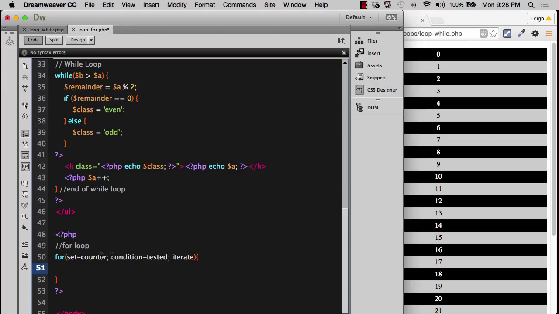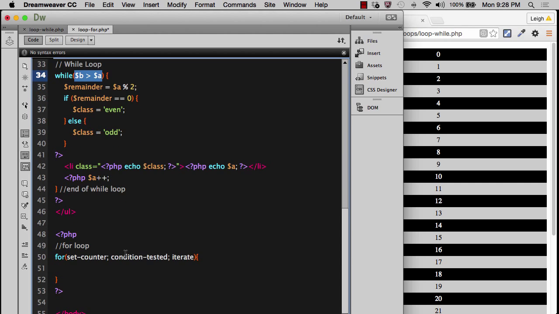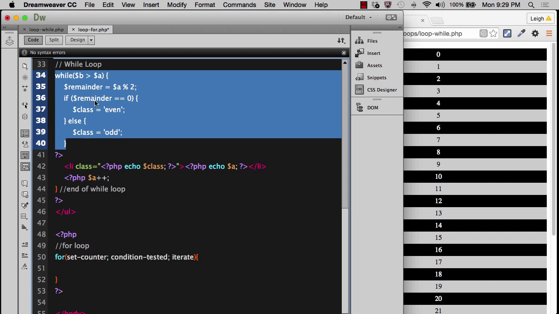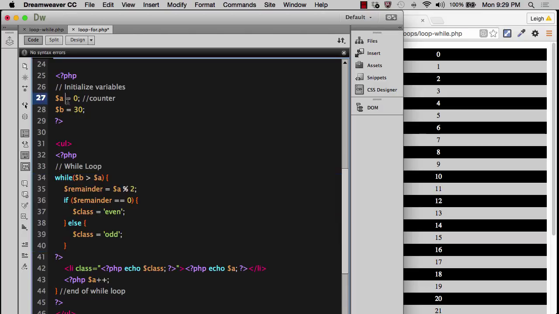Now, if you want to sort of be able to think about this and swap stuff out, we can say, okay, well, the condition that we're testing is A greater than, or excuse me, is B greater than A. Well, the first thing that you'll notice is that set counter is the first thing that we're supposed to do. Condition is the second that we're supposed to do. So where did we set the counter? Well, remember, in a while loop, you don't actually set the counter inside the loop or as part of the loop. You actually have to set the counter outside of the loop. And so that's one of the big differences between while and for,